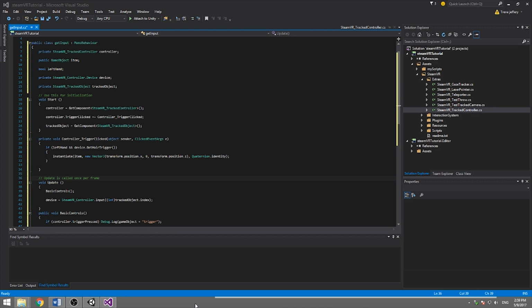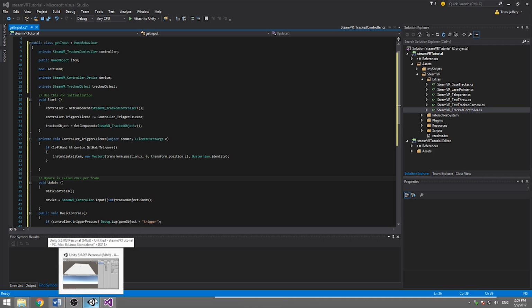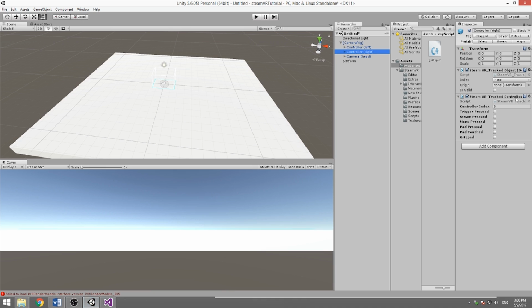Okay, so next up we are going to be bringing in the teleportation, so we can move around our scene without just walking. We're using this because in VR you can only walk so far in the actual world, so most games will be using this. We'll actually just be using the SteamVR plugin. They've provided it with some basic assets for that. So we can come into here. Because we're going to be using the left controller for spawning and the right controller for teleportation, we'll make sure that we come to the right one